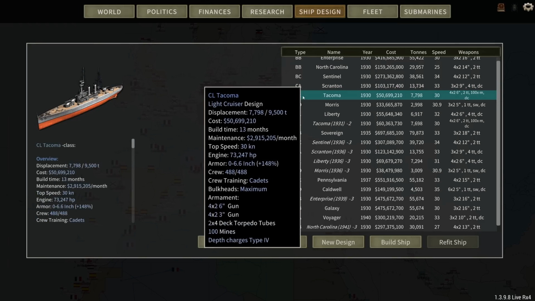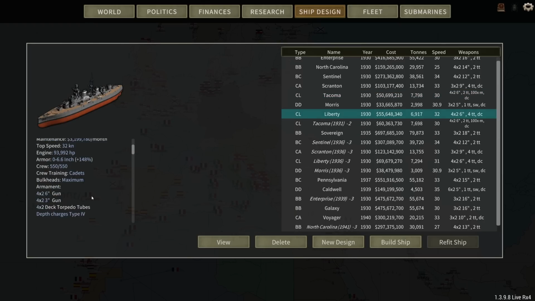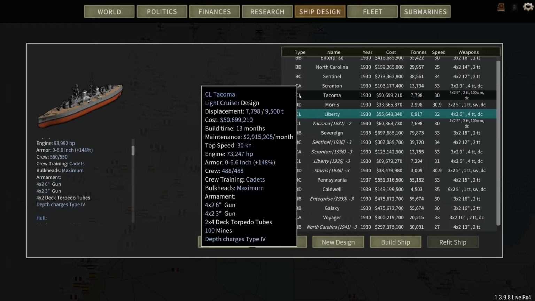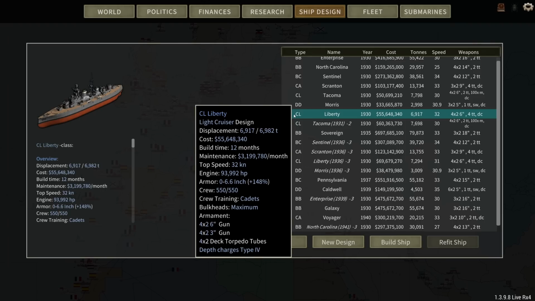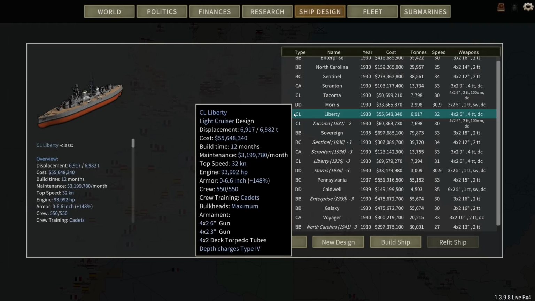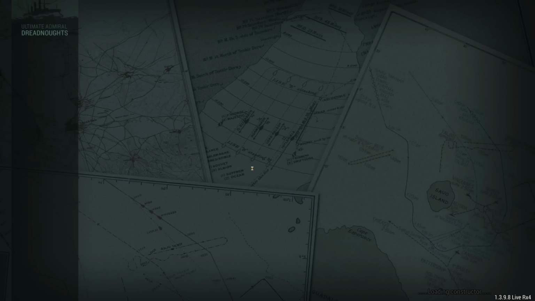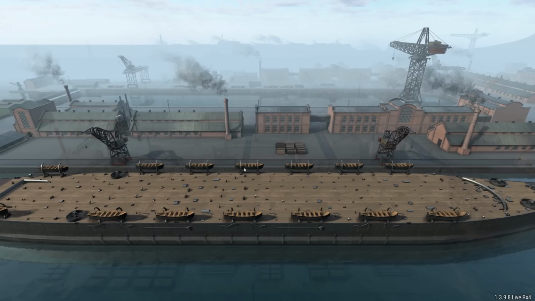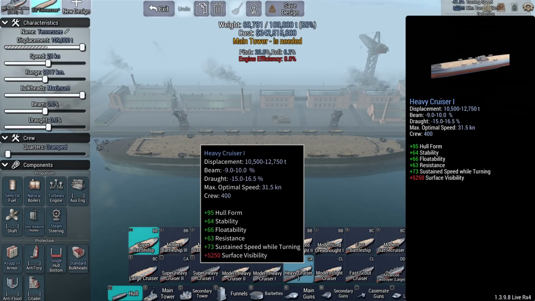I'm going to have a look at the Tacomas and the Liberties. The Tacomas have 6-inch guns, the Liberties have 6-inch guns. Both of these ships are capable. Both of these ships have shown that they're useful in dealing with smaller ships. I want to make sure that they still have that ability, but potentially using 4-inch guns as secondaries. So it's time to design a new light cruiser. Something that can punch way above its weight class